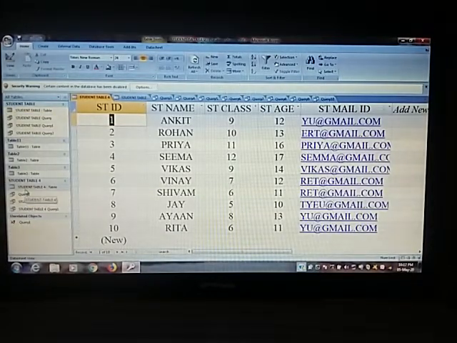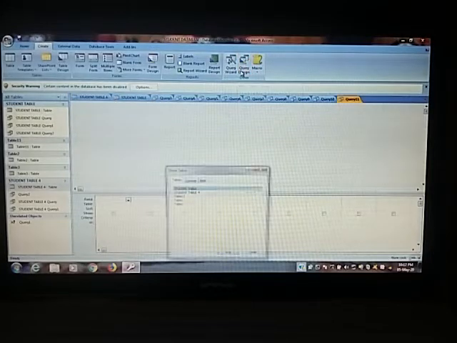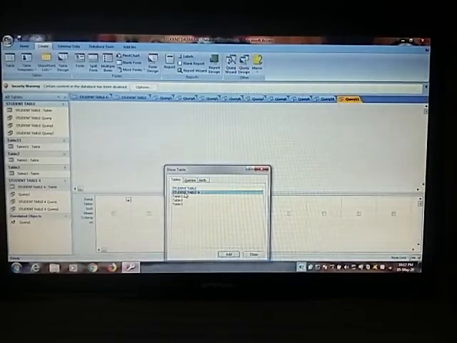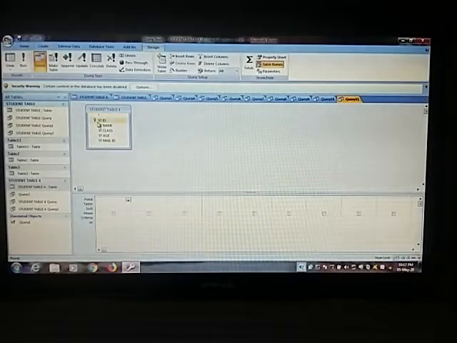Again you can see the student table. First choose the student table, click on the create button, go to the query design, choose the student table 4, add it in your query design window, and drag and drop the fields in this area.